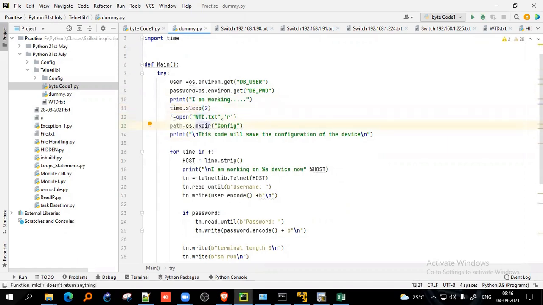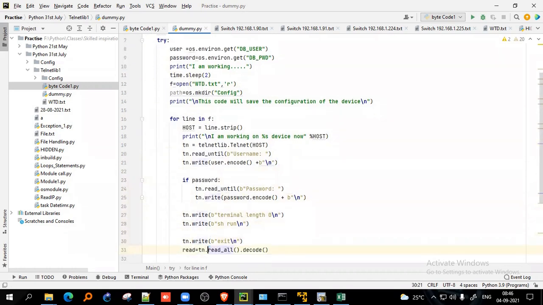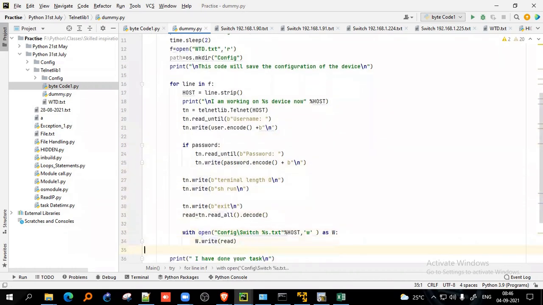Now it will read the file. Now this code will save. This line will be the same. This thing will be the same. Now, okay. In the Excel,